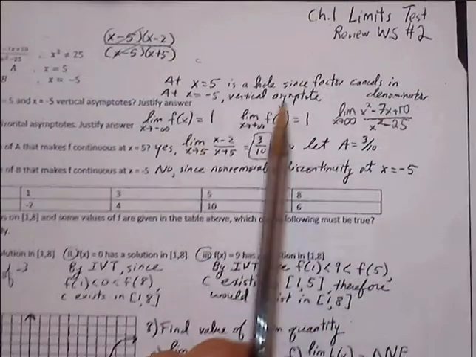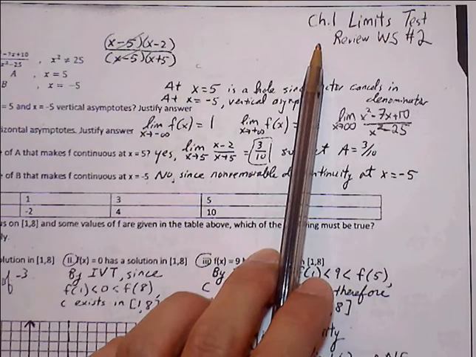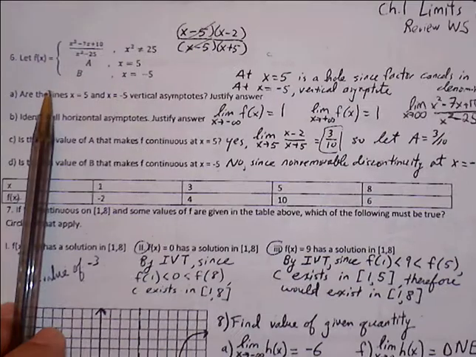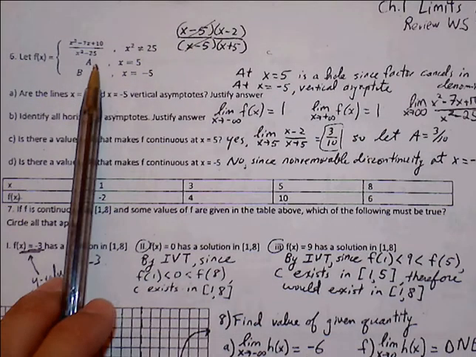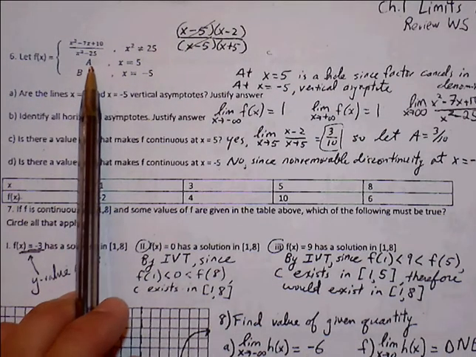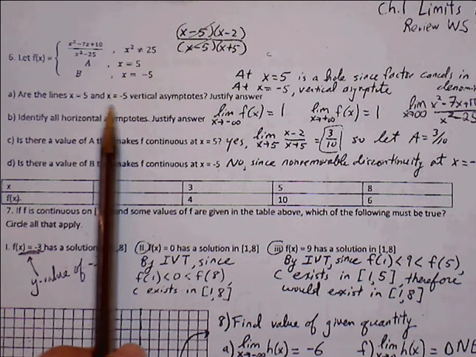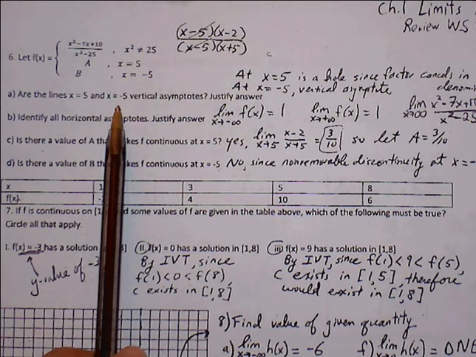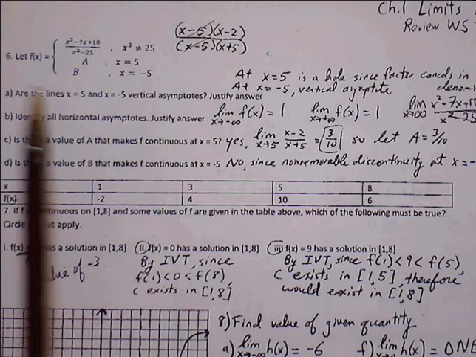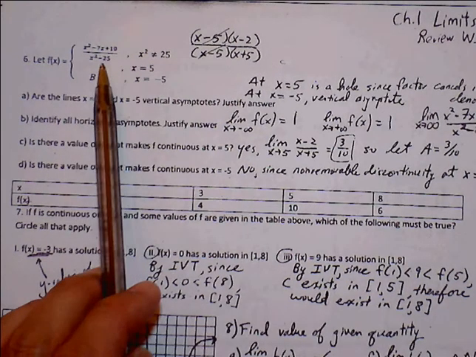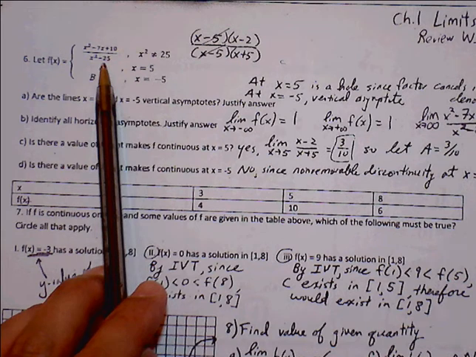This is the second page of the Chapter 1 Limits Test Review Worksheet 2. Number 6, we have a piecewise function here. f of x equals x squared minus 7x plus 10 over x squared minus 25. Are the lines x equals 5 and x equals negative 5 vertical asymptotes? Justify your answer. Well, if we look at the first piece of the piecewise function here,